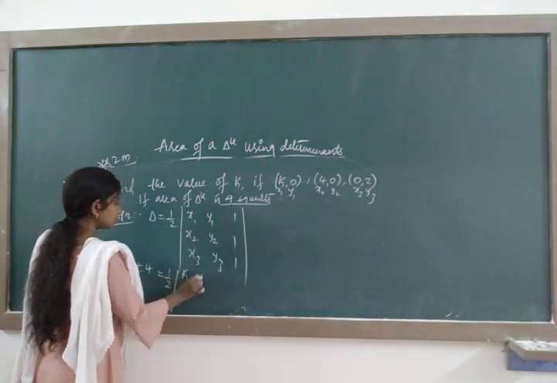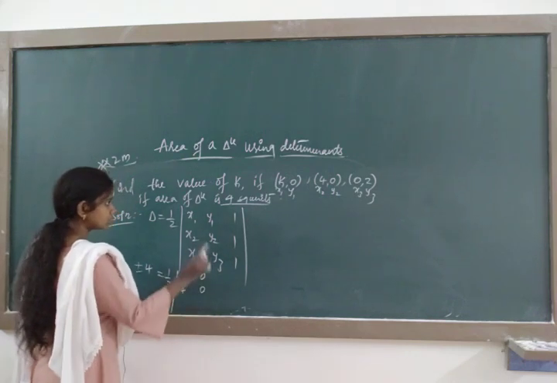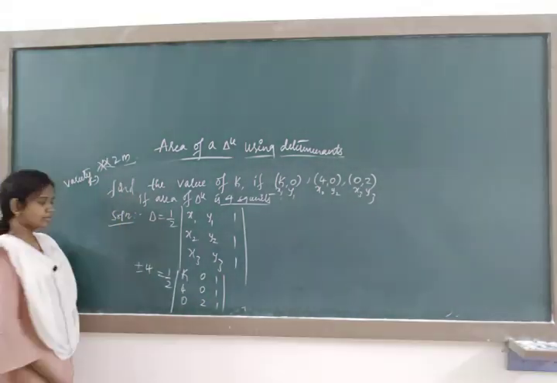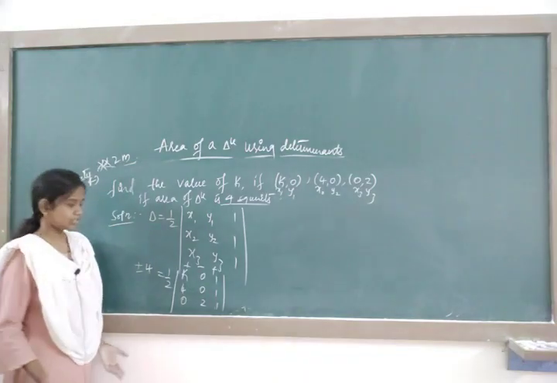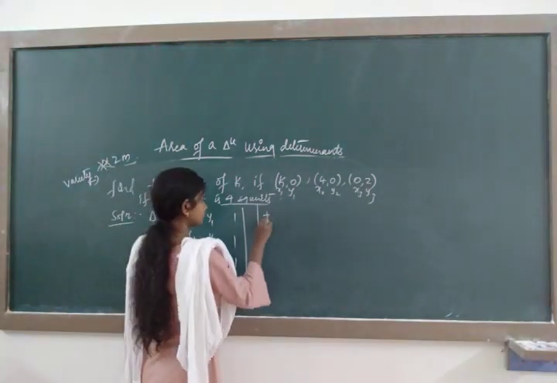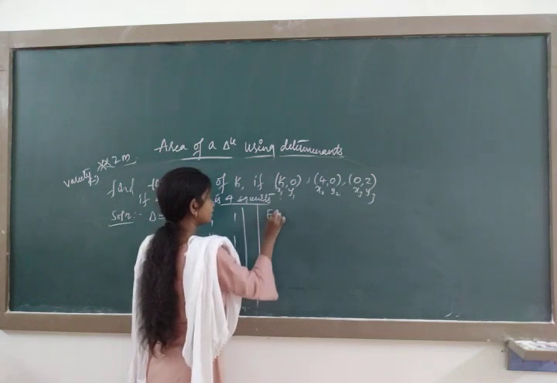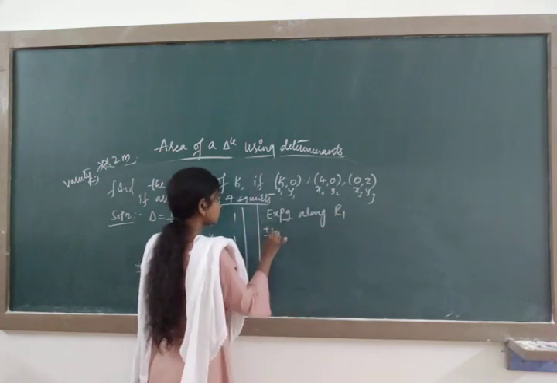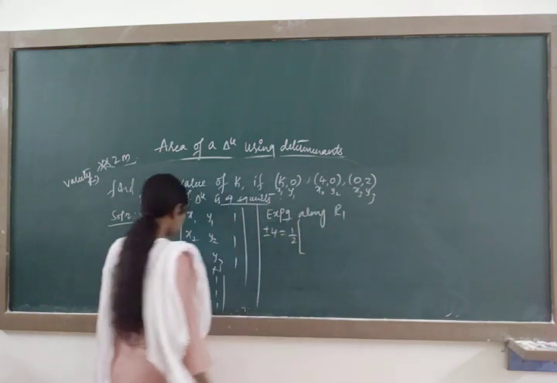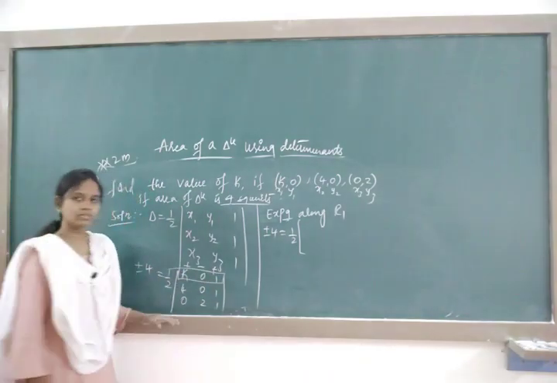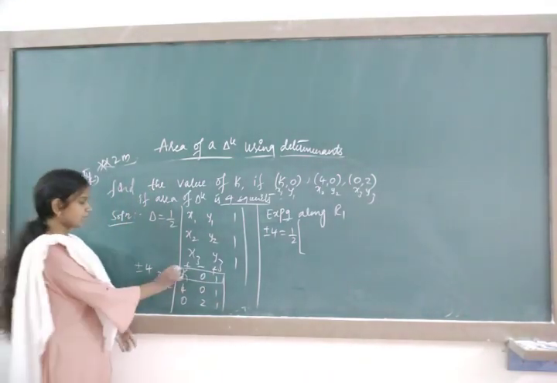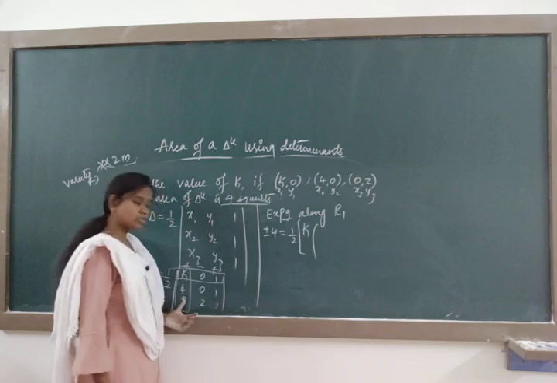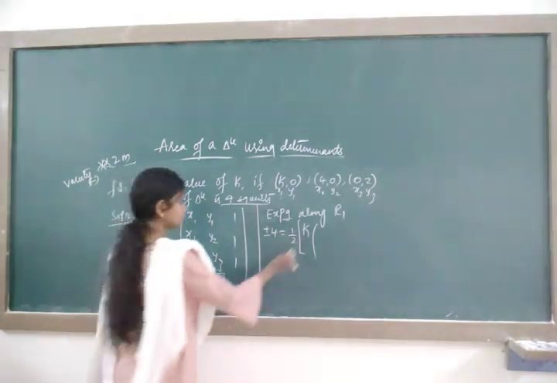x1, y1 value is k, 0, next it's 4, 0, next it's 0, 2. Now fill the third column with 1, 1, 1. Now expand, you know the expansion, expand along R1. Sorry, I'll write here, expanding along R1, it's plus or minus 4 is equal to 1 by 2 of. So when you are expanding along R1, the first row will be completely closed, and the first column will be closed. It's k of, when the first column is closed, what remains: 0, 1, 2, 1.